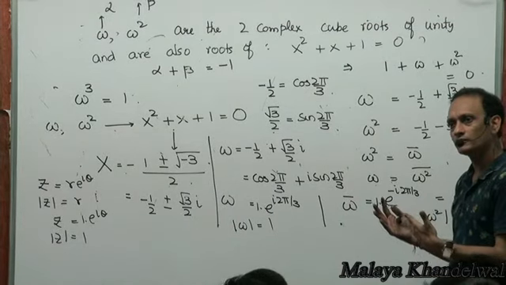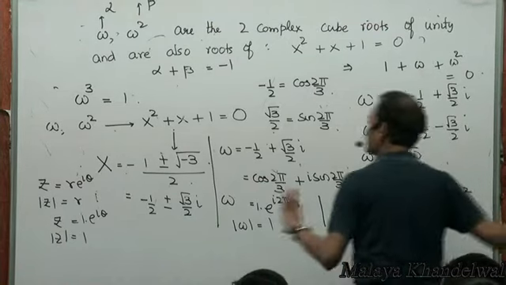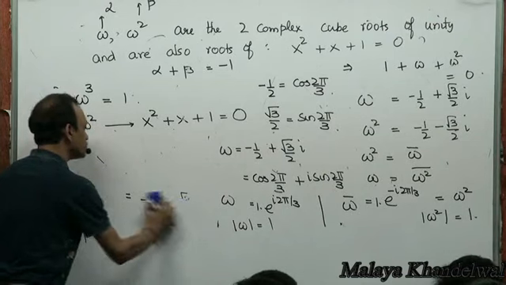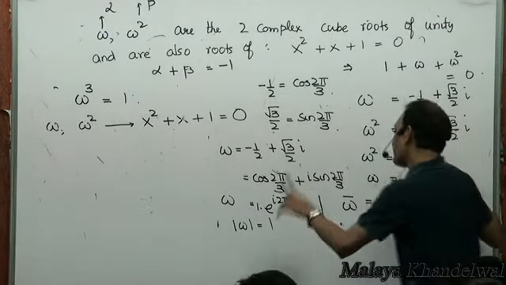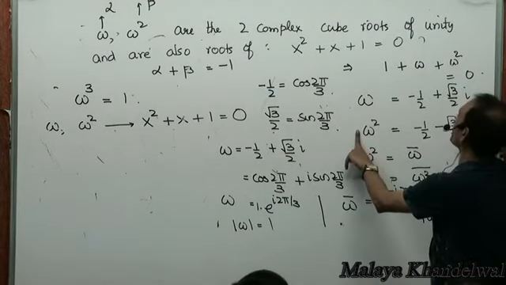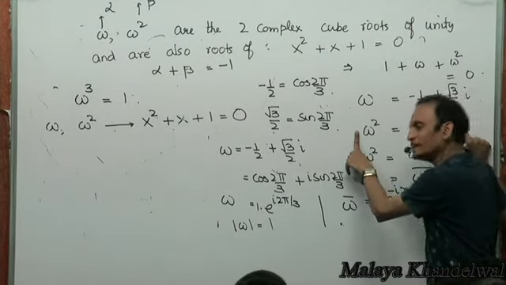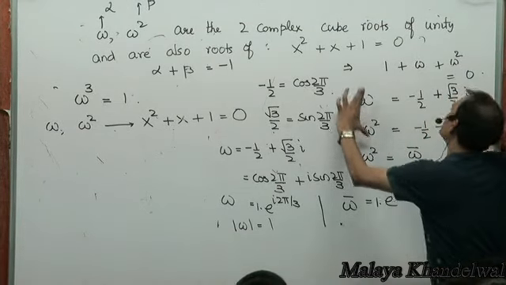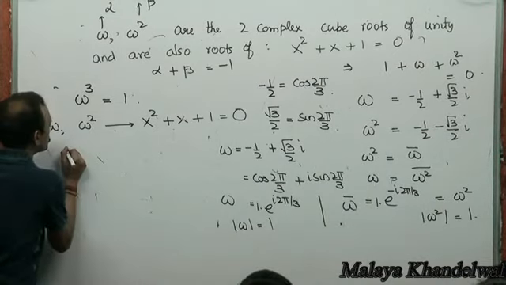I can, okay, let me just swap their roles. It does not matter actually. No book in mathematics says which one you would want to take as omega and which one as omega square, because if I took this one as omega and I square this, I will get this. So it does not matter which one you take as omega and which one as omega squared. I could have just interchanged roles.